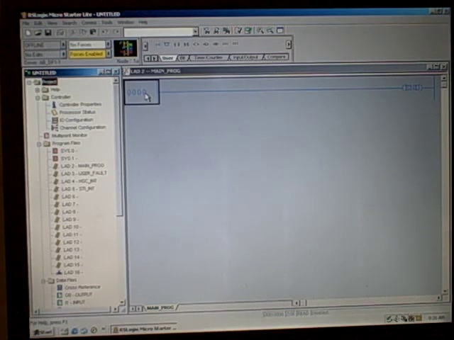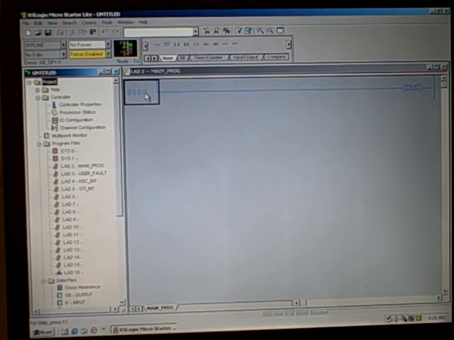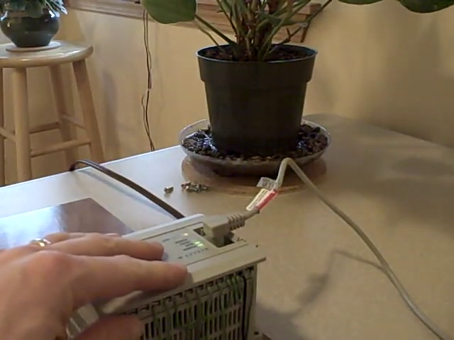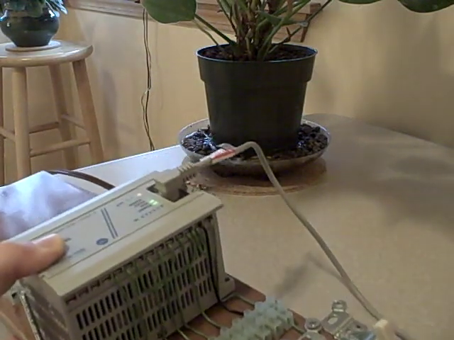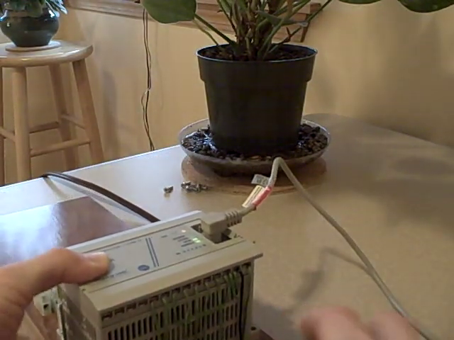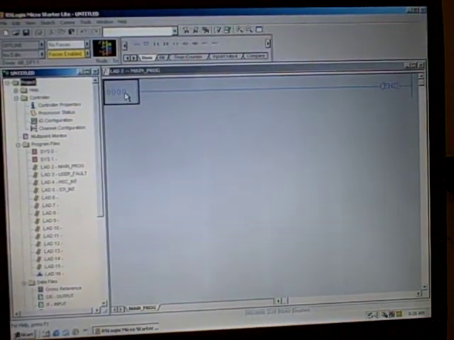In this short tutorial, I'm going to show you how a simple on-delay timer works in an Allen Bradley MicroLogix 1000 PLC. I have this connected to a MicroLogix 1000 right here with a set of input switches to simulate input conditions, and I'm connected to my laptop through a DF1 cable with RS-232 protocol. I'm going to turn back to my ladder logic editor so you can see this,